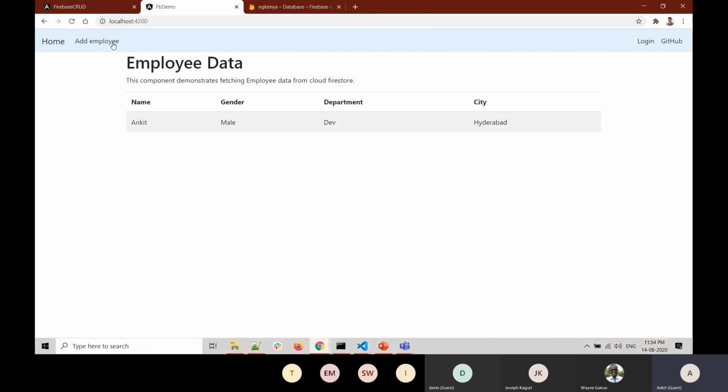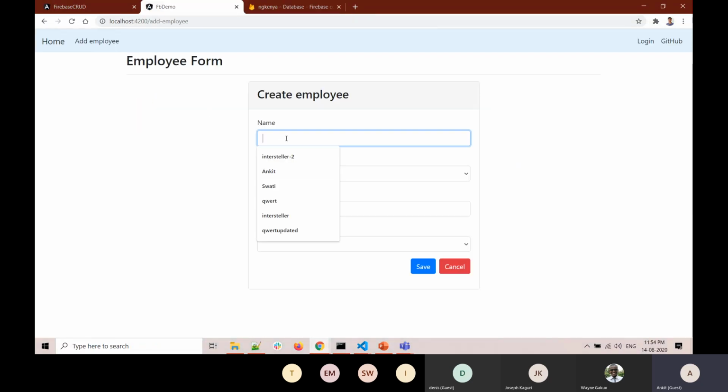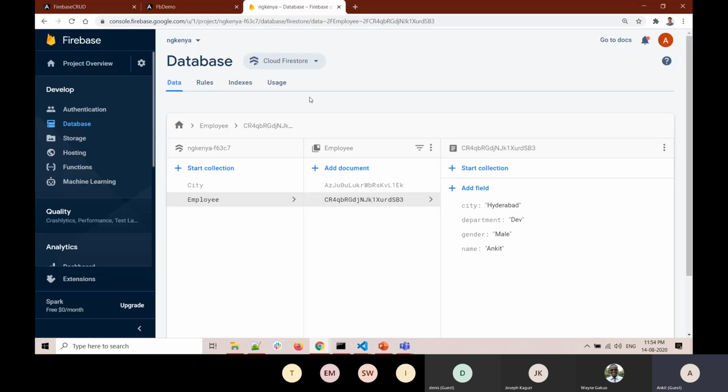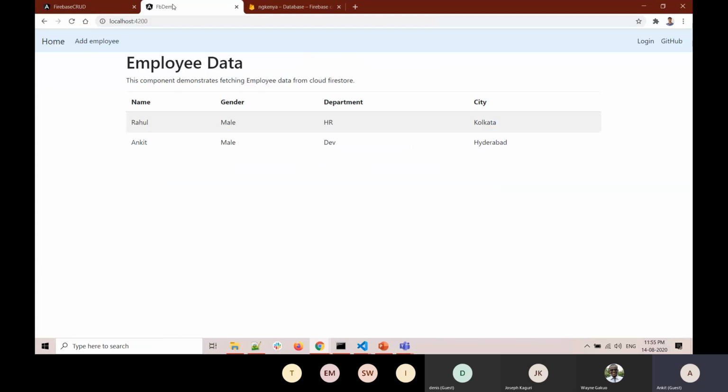If I go there and click on add employee, and add another data, and at that point of time I click on the save button, it will use the same collection and add the data instead of creating a new collection. So here you can see now we have the other data which we have just added.